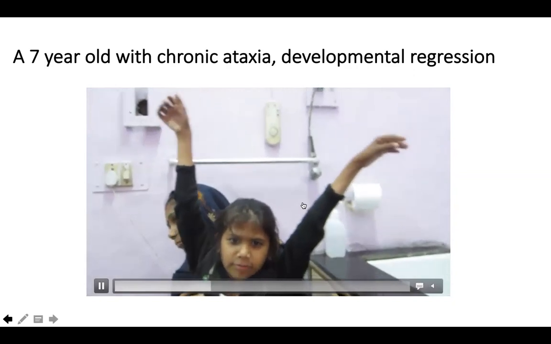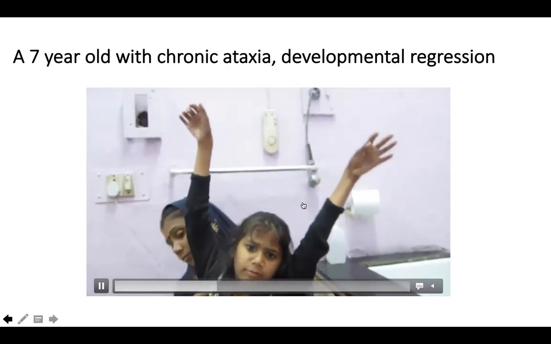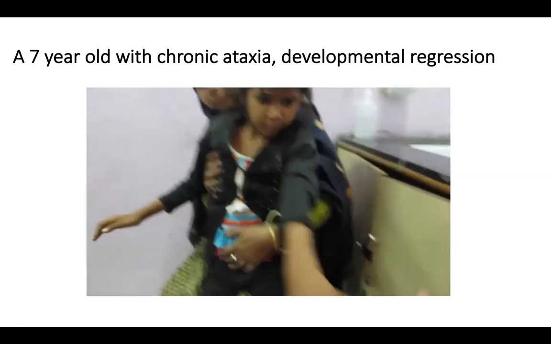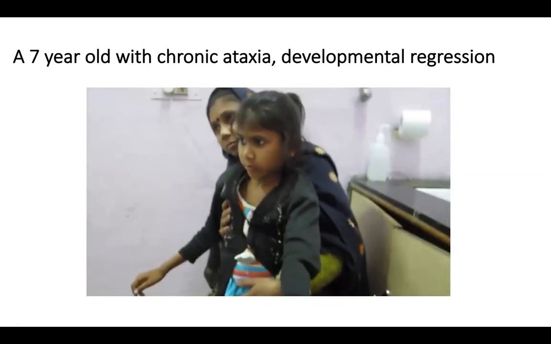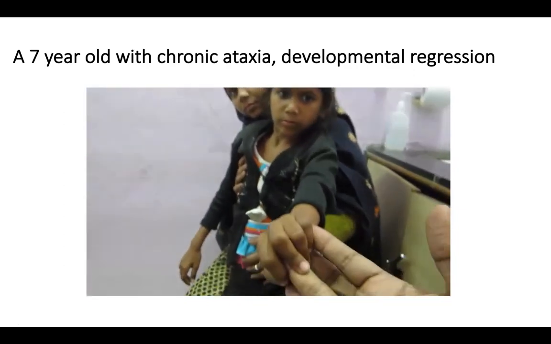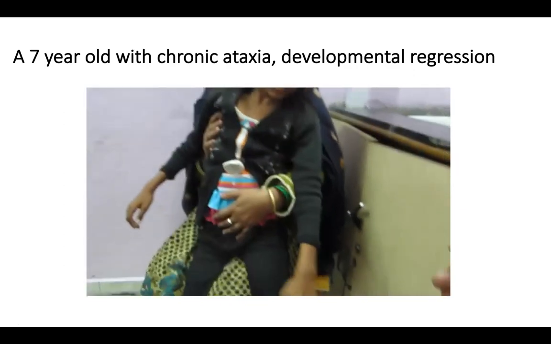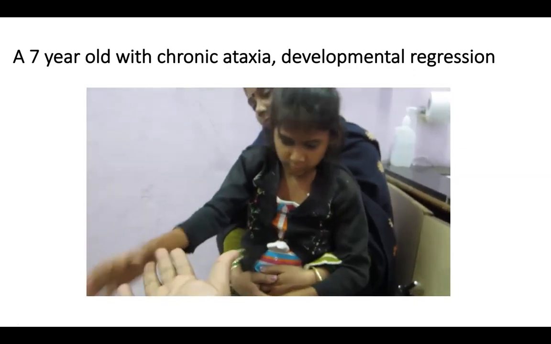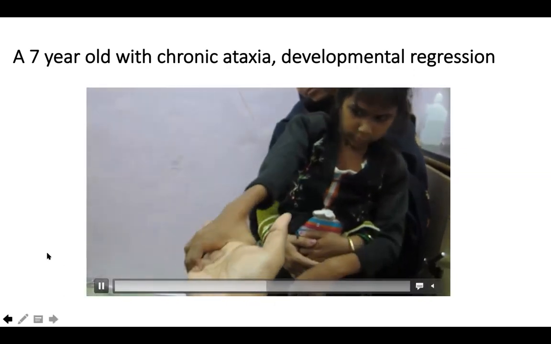So how do you understand a nystagmus? A nystagmus is a to and fro movement. It's because of impairment in gaze holding. There are two types of nystagmus. When you have a smooth to and fro movement, it is called pendular nystagmus. Both to and fro movements are equal in direction. But when you have a fast component and a slow component with jerks, it is called jerk nystagmus.